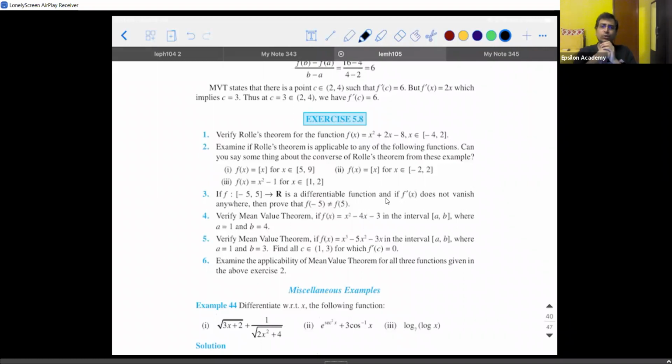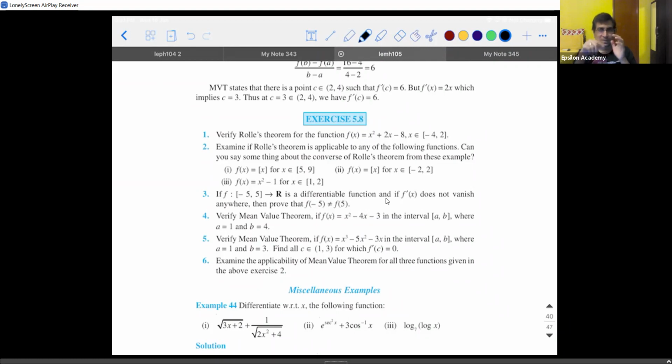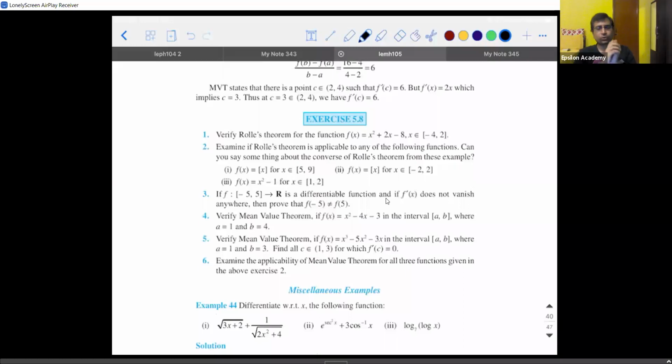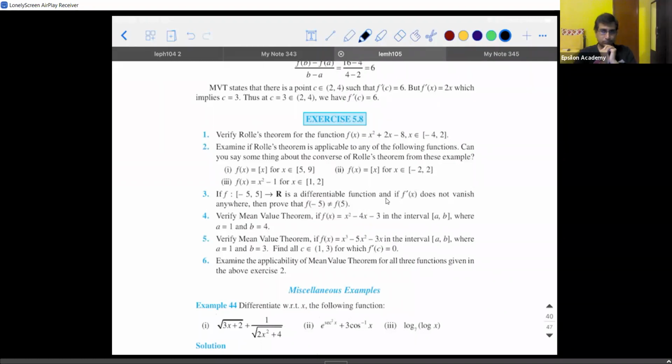What is f of minus 4? Then both are 0. Plus 16 minus 16, 16 minus 16 is 0. Similarly, when you check f of 2, that is also 0. Yes, sir. It will work. What is the point at which the value of f dash of x will be equal to 0?